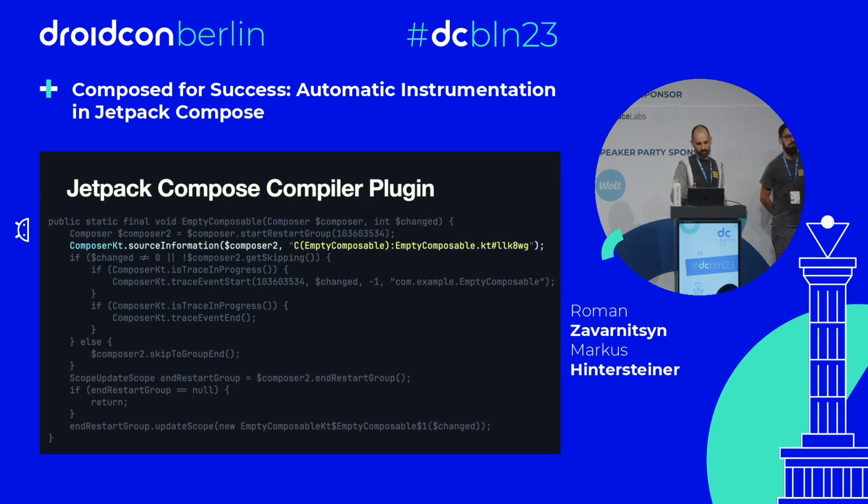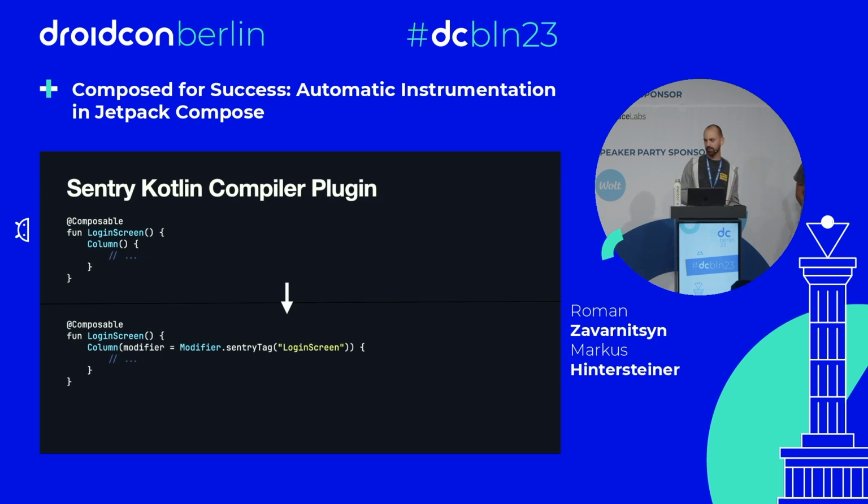Another nice thing is the source information, which only gets added when enabled. So when you are using Android Studio, you are working on your composable, you have the preview open, you click on the preview, and it links you back to the source code. That's the source information working in the background for you. There's a lot more happening, even for an empty composable, but that's probably too much for this talk. So we move on, and now we have our Sentry Kotlin compiler plugin,